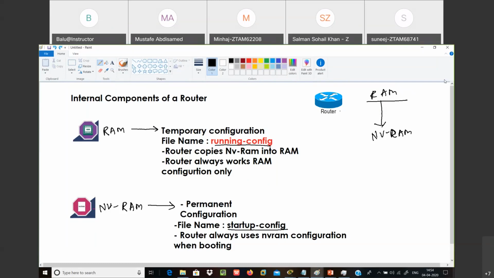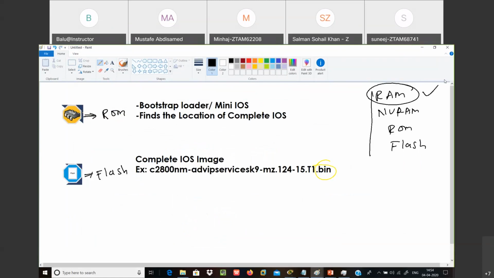The next slide has two more components, which are ROM and